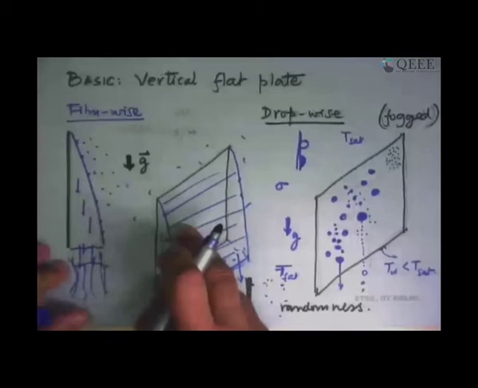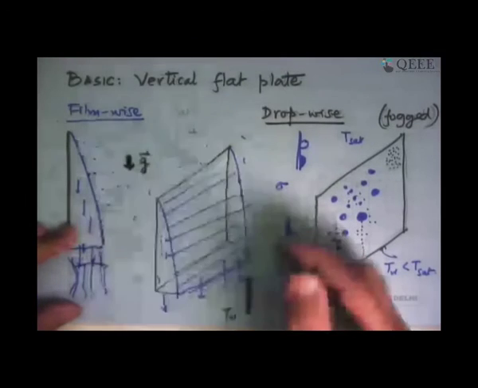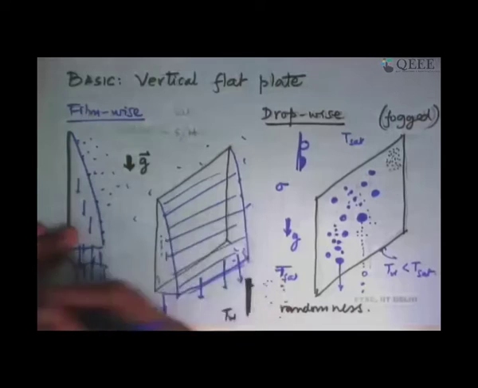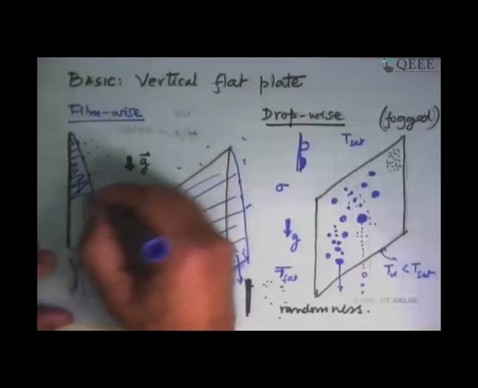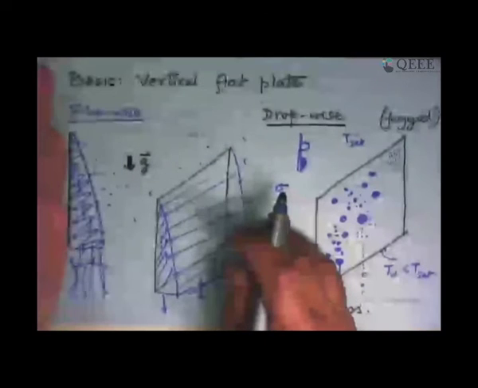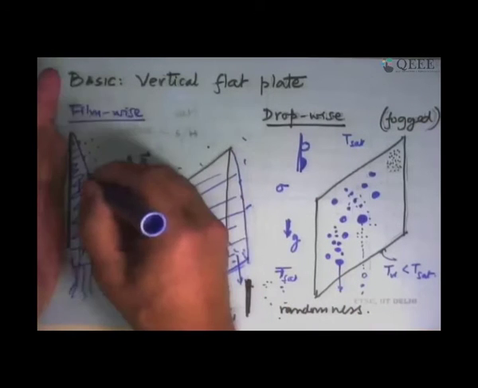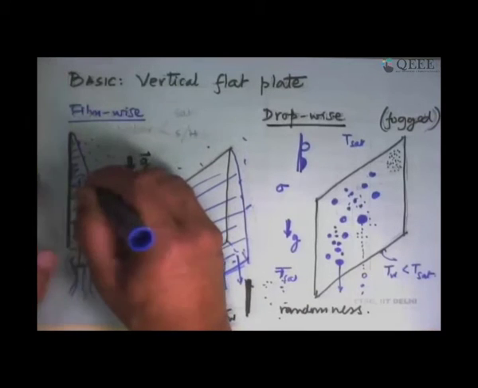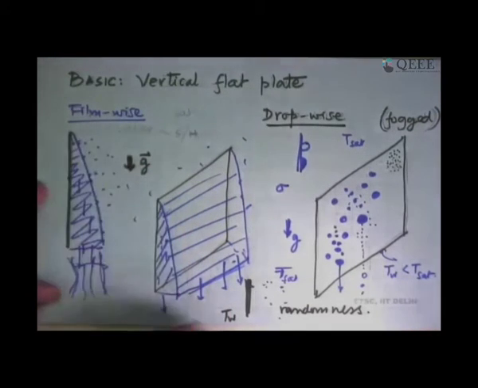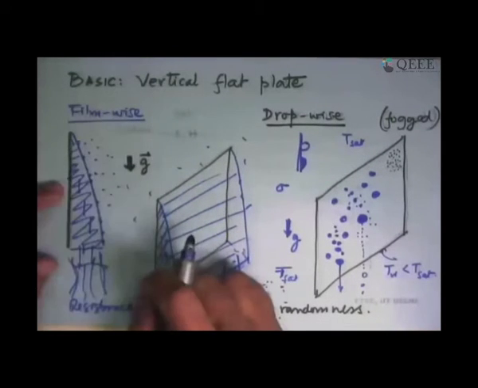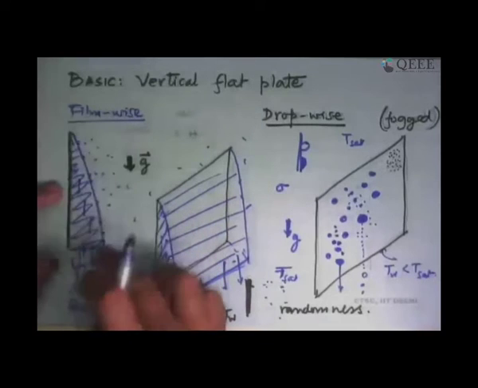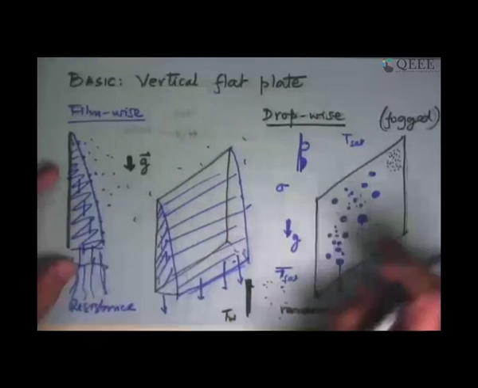What happens in this case is that all the time this surface is blanketed by liquid, always sitting on the surface. That means the vapor can only get up to the boundary of this film and can never get in touch with the surface. That means that this film which got formed is acting like a resistance to the flow of energy from here to here and the flow of mass from here to here. What it tells us is that the heat transfer rates here will not be as good as in this case,